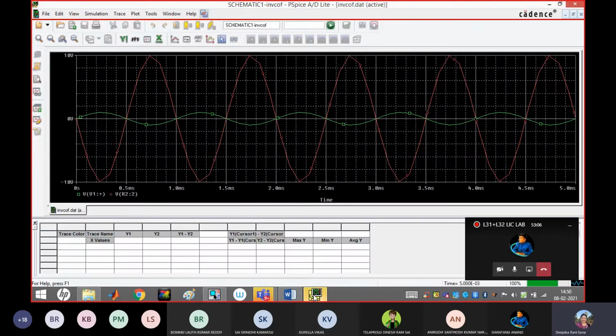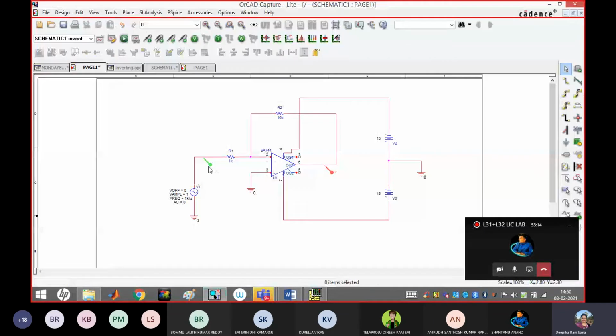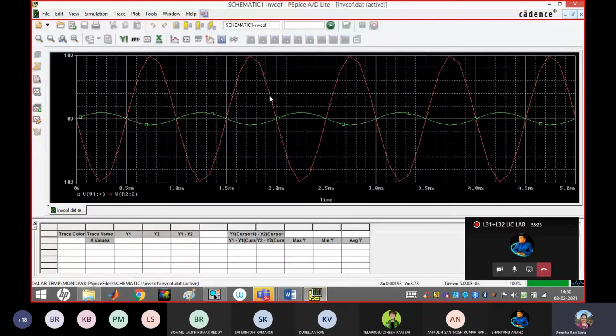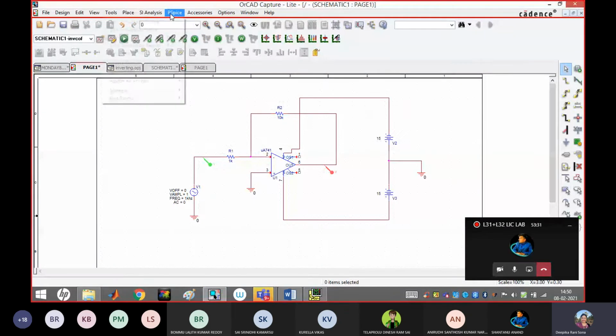The simulation window will become like this. And one more thing is missing here. Input is green color, because if you see the circuit, the probe we have connected, green is on the input side and red on the output side. That's why the input is green and the output is red. Now this is not smooth. I have to use one more parameter here.